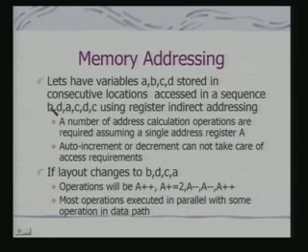You are first accessing B and then you are accessing D, and if they are placed even in consecutive locations, what is interesting to note is that I may load initially the address of B into my address register, the indirect address register, but incrementing it by 1 will not take me to D. So, I have to actually do an arithmetic operation on that address register to access D.